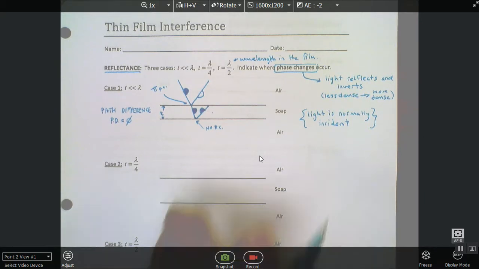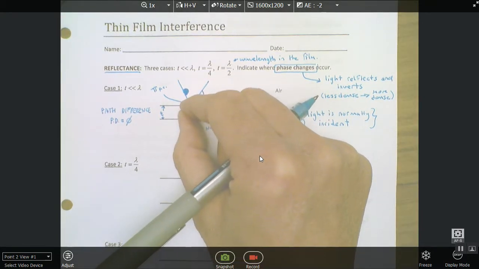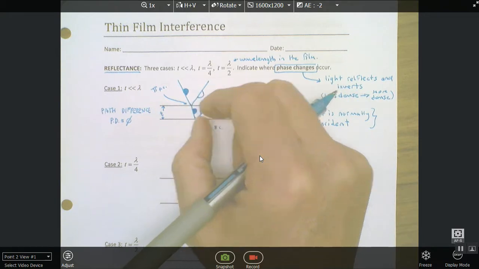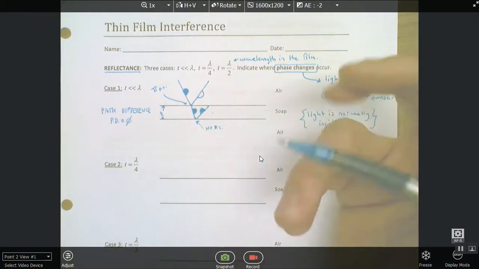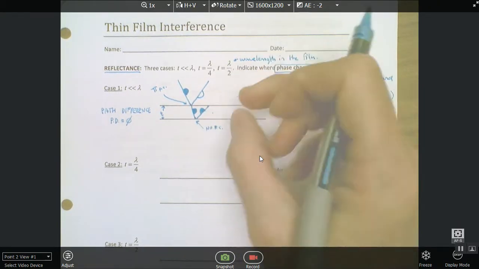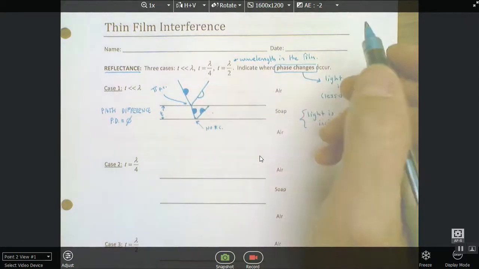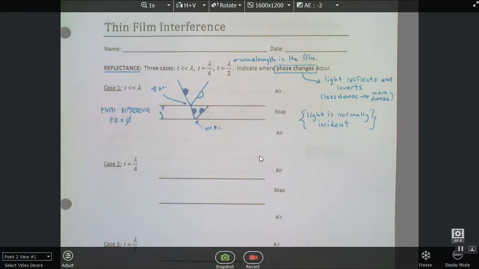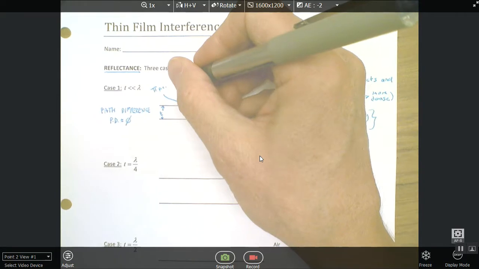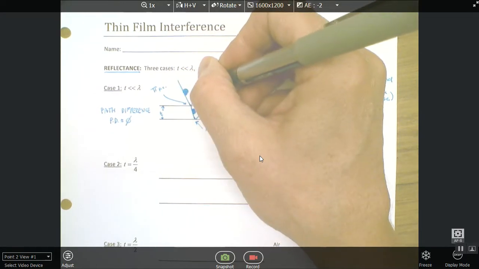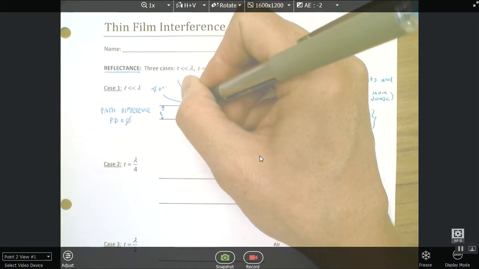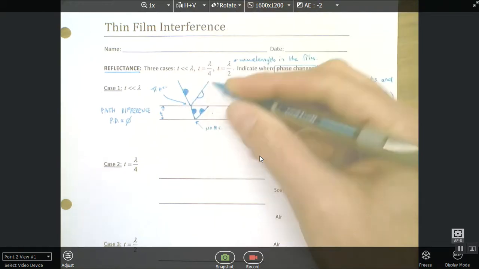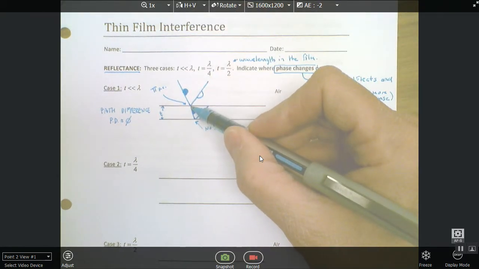Because the thickness of this thing is so small compared to the wavelength, it's tiny. Like you imagine, I can't draw it small. That's otherwise the diagram's hard to do. It's extremely small. Now, if it was extremely small, what you would expect is that once it reflected off the top surface, it would barely travel at all, maybe just this tiny little bit here, and then reflect off the